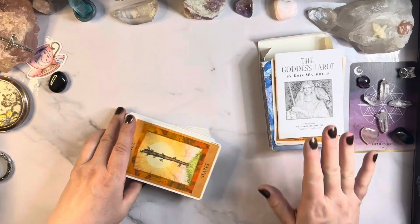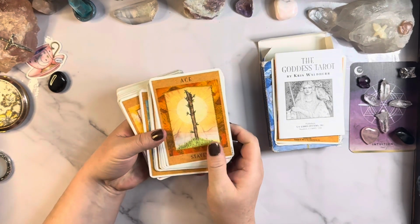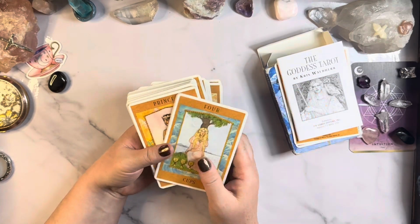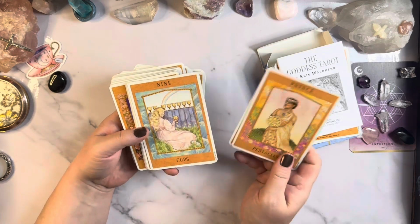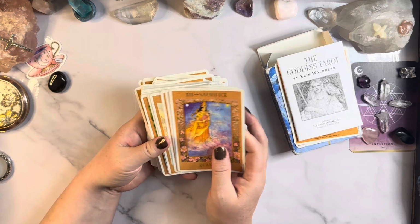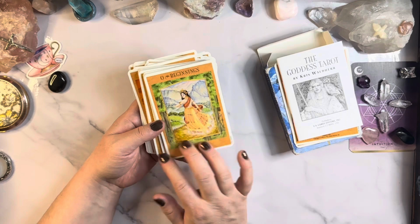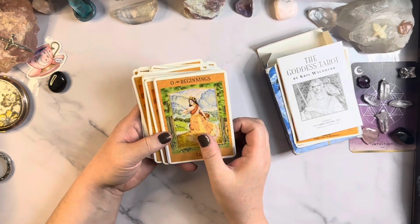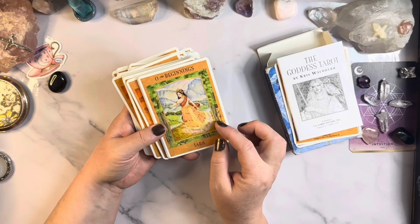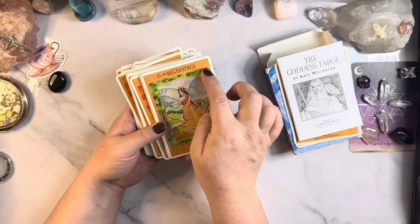It comes with a little white book. And the cards are very lovely. And I just don't reach for this deck. I've had it for a long time, and it's just one of those ones where it's beautiful, but there's so much border. I don't know what they're thinking when they put this much of a border on here, because we could have had this image be the entire card instead of all this